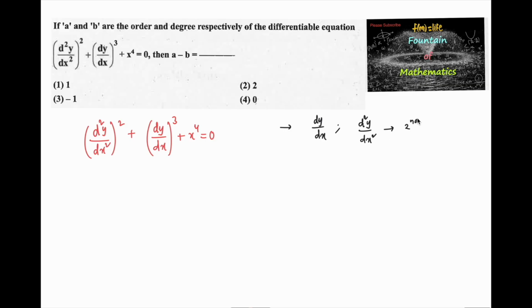Given the differential equation (d²y/dx²)² + (dy/dx)³ + x⁴ = 0. So in this differential equation, we are using the first order derivative dy/dx and the second order derivative, that is d²y/dx². So the highest order derivative we are using is second. So we can say